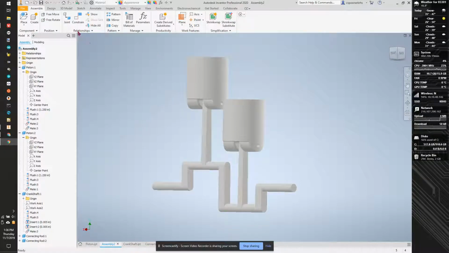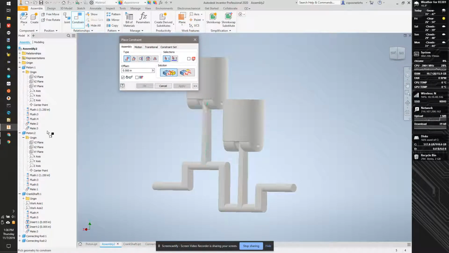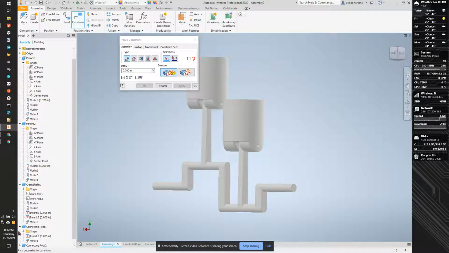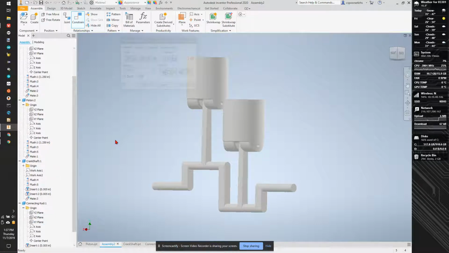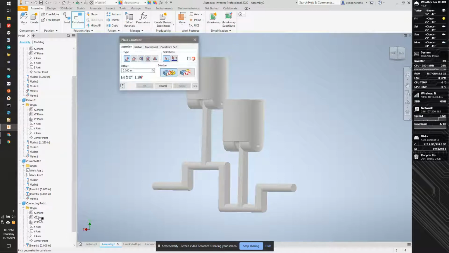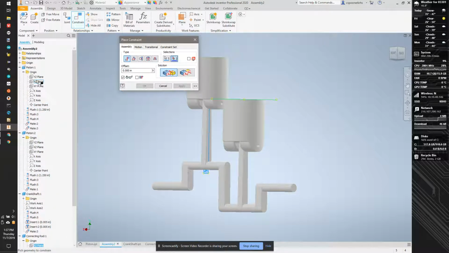So our next step is I'm going to take the midplane of our connecting rod, and I'm going to make sure that it's... XY plane. Nope. Nope. It's XZ plane. Nope. YZ plane is flush with our pistons, with piston 2's XZ plane. Apply. Now this is a temporary constraint